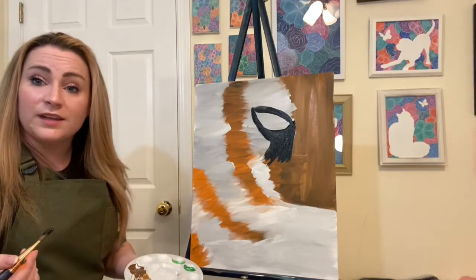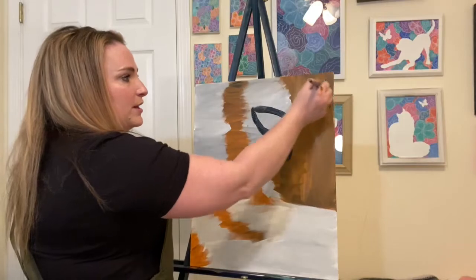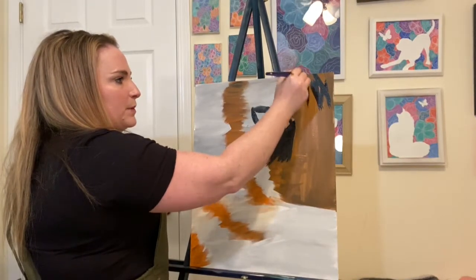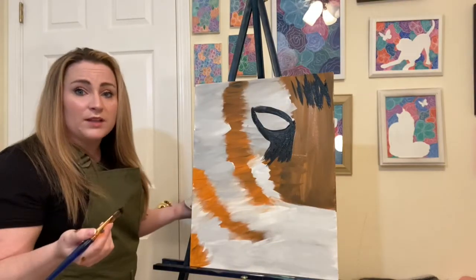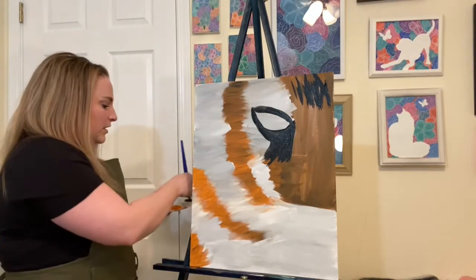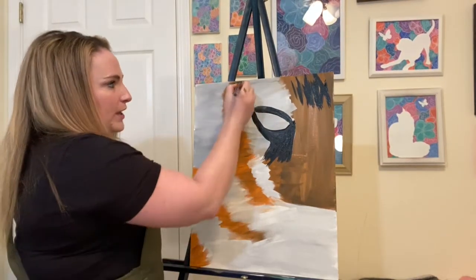So then I'm gonna go in and add my black stripes. So I'm gonna start by adding some on the forehead here, and I am just going in a big up and down motion. Your stripes might be smaller than mine. You might not want such big black stripes on the forehead. Whatever you want. And then I'm gonna go in and add stripes